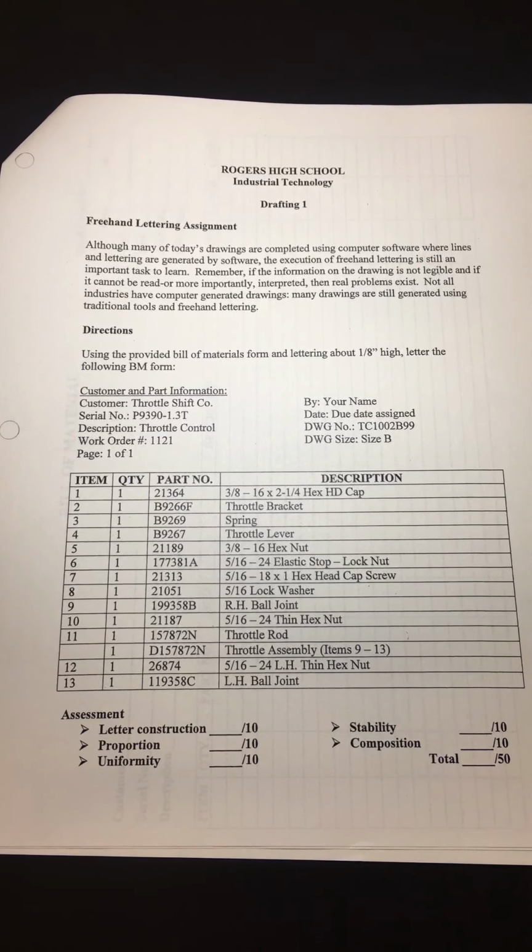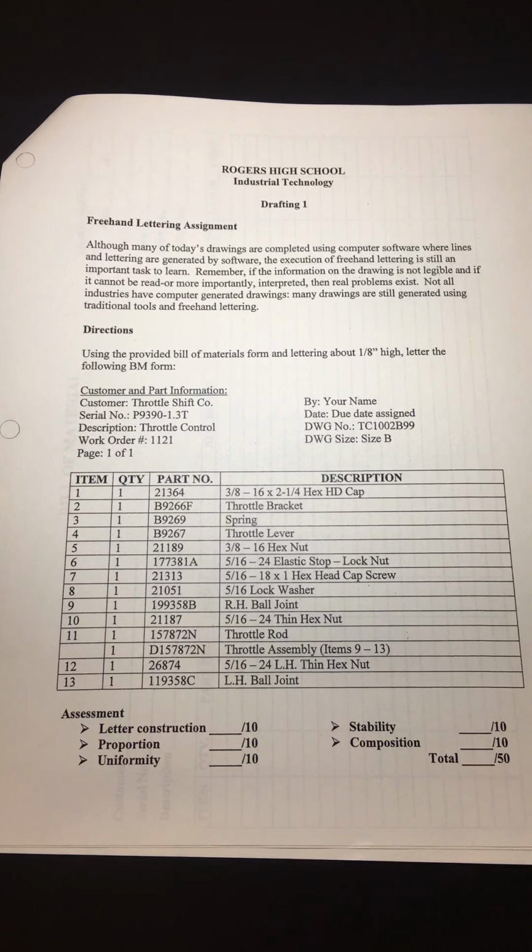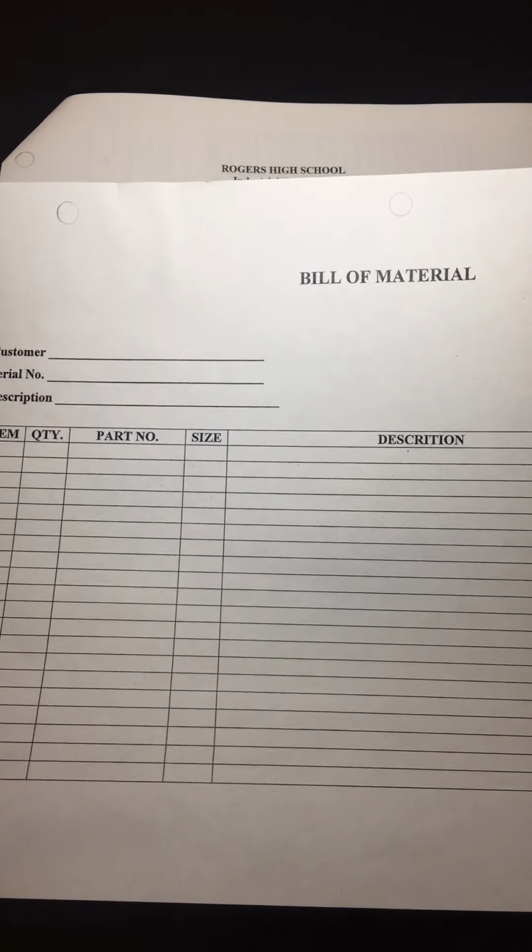I want to show you today how to begin your next lettering assignment, which is found on your Schoology page in the lettering unit folder. This one is the bill of materials. What I'm going to have you do is take a pre-printed form, as you now see on your screen,